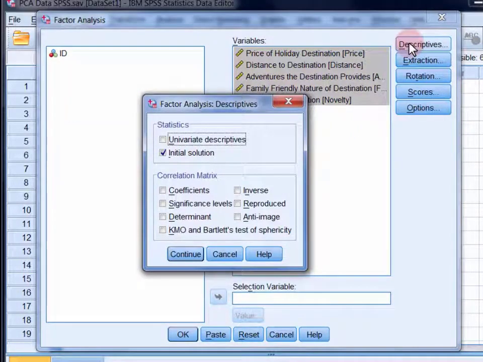So open up the descriptives dialog, and here initial solution should be selected by default. You should also select coefficients, significance levels,